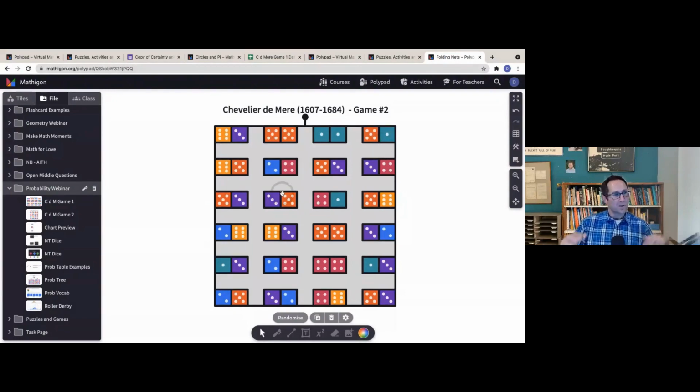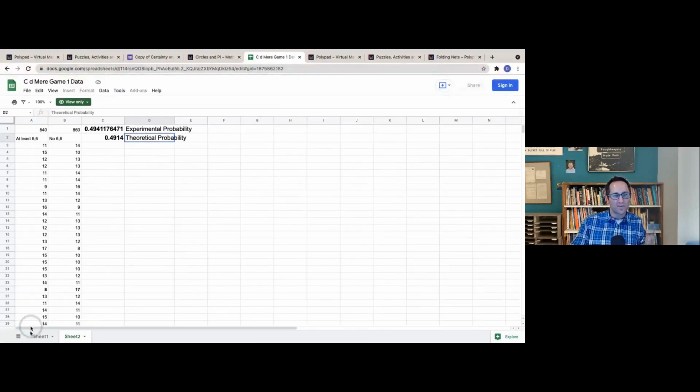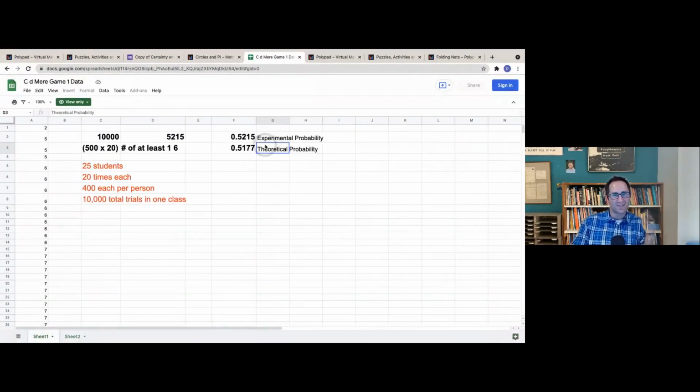But I was really struck how I've done this same lesson many times in the past where students would generate 50 examples of the game and they'd go play it. And I feel like even though we went through the really detailed calculations of the theoretical probability, and I feel like they got it, there was something so much more powerful when they could see that we as a class generated 10,000 examples of this, and these probabilities were really close to each other. So that was a powerful tool.